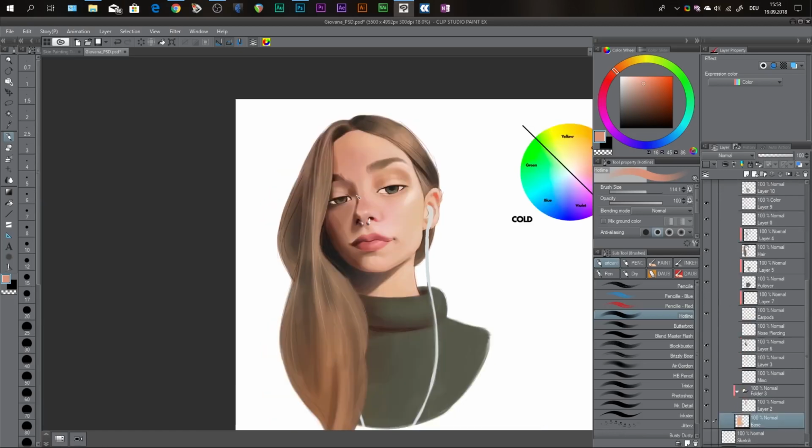So next, I need to add depth to my painting because I don't want it to look flat. And so in order to add depth, I need to add contrast to my painting. And I add contrast by adding darker colors to it and brighter colors. So whenever there's contrast, it adds sharpness and also depth. Here I'm adding darker colors, and you can see that it starts to pop instantly. It makes such a huge